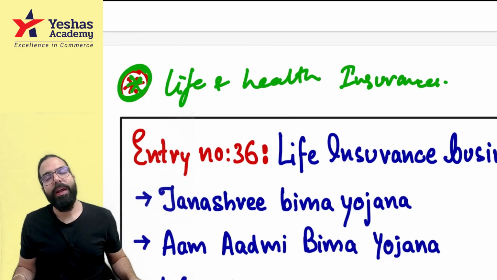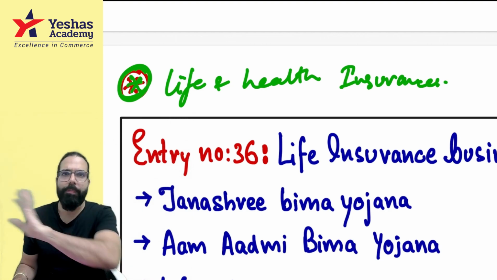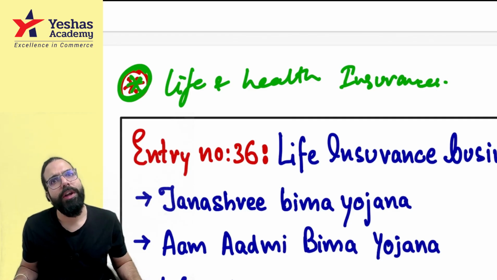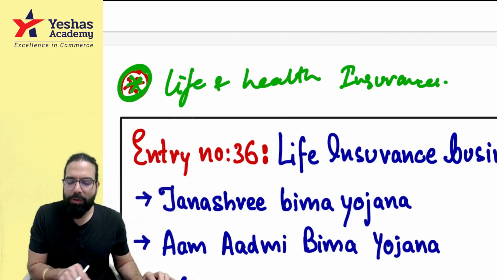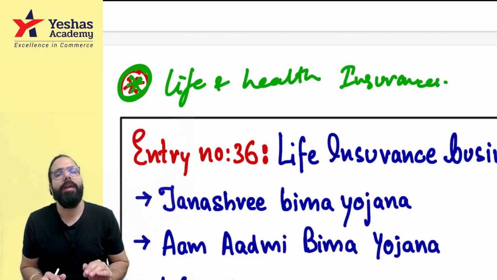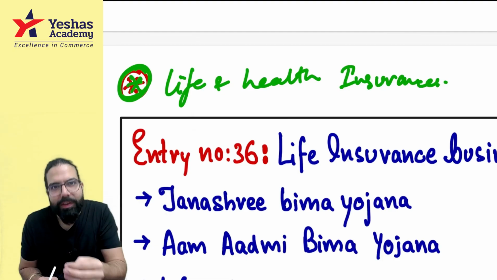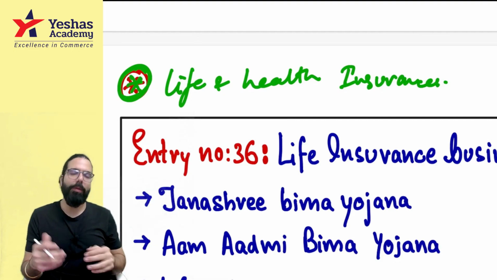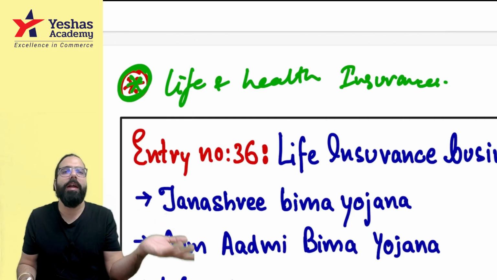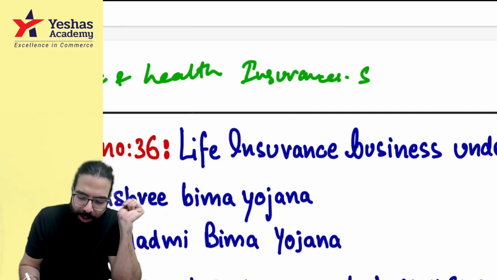I've also, when I was doing the revisions, which will also come on the YouTube channel very soon, told all these changes in the revisions. So I've written these lines in the revision also. The lines I wrote in the revision and the lines I'm writing now might have a little difference, because at that time I made the line immediately and wrote, and now also I'm writing the line immediately. At that time I might have written services of life insurance. Now I'm writing life insurance and health insurance services